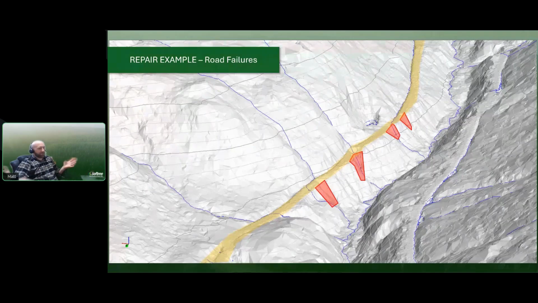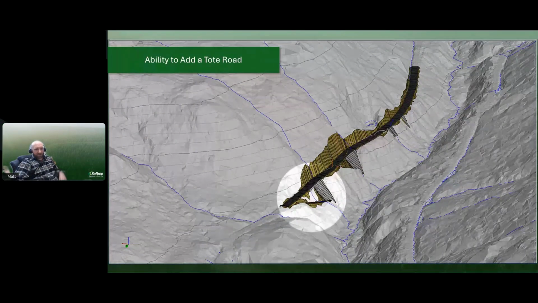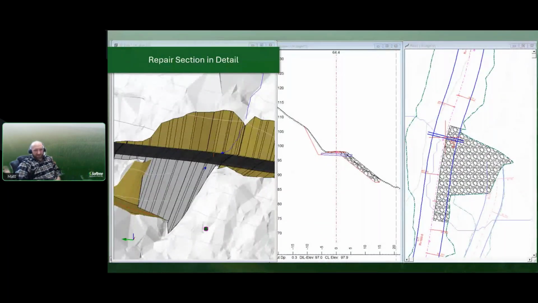So if we want to, we can go through and plan an actual repair. Before just mobbing equipment out there and throwing money at the problem, we can actually consider it and come up with a plan. We can end up with something like that. So design the road. We can even include additional details, if we want to go even deeper with construction level details and machine access, we can incorporate that. We can zoom in to wherever we'd like to really look at things and evaluate them, and understand the geometry of the site.